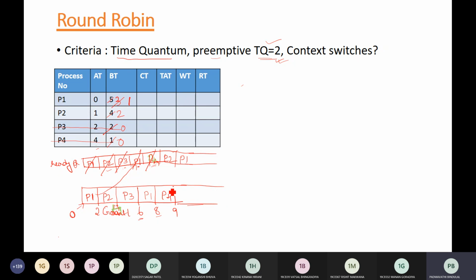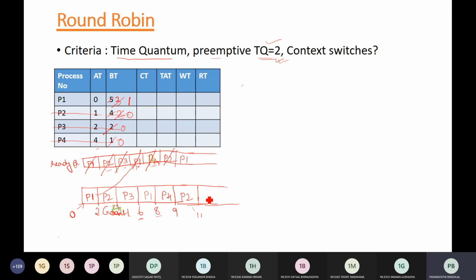Now what are the left out processes? P2 and P1. So next, which process you have in the ready queue? You have P2 process, and how much time will it be executing? It will be executing for 2 seconds, and remaining time is also 2 seconds. So it will be executing for 2 seconds up to 11 seconds, and its burst time will also be 0 now. Okay, so there is no remaining part. अगर कुछ remaining part होता है तो वापस आपको queue में push करना है, but you don't have any remaining part, so you are just removing that process, that is marked as completed.